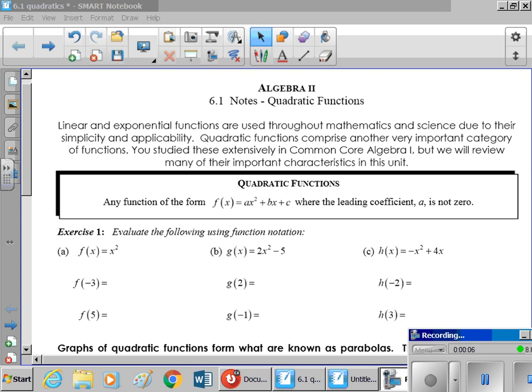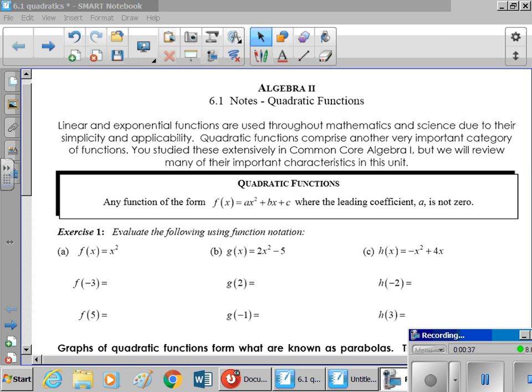Today's Unit 6.1, or Lesson 6.1. Can't believe we're already in Unit 6. It is quadratic functions. Now, in quadratic functions, we have seen this extensively in Algebra 1. But of course, that was a while ago. You went through geometry, so Algebra 1 was a little while ago. So we have to kind of reactivate some of that knowledge that we learned back in Algebra 1 2 years ago. So I thought it would be a good idea to spend a little bit of time talking about quadratic functions